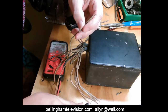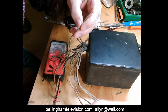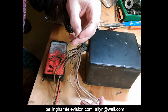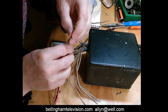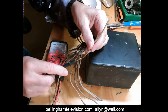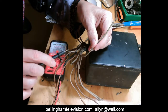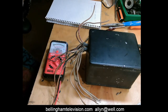Okay. Nothing there. And nothing there. So what I'm going to do right now, I'm going to mark these three wires. Let me double check these. Nothing there. And now, I'm going to take my trusty masking tape and I'm going to mark those three